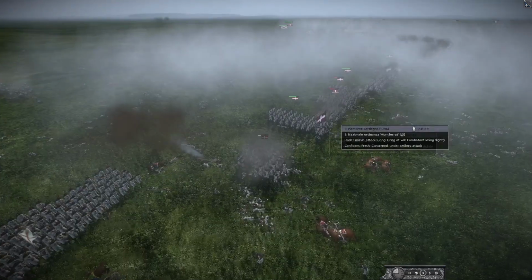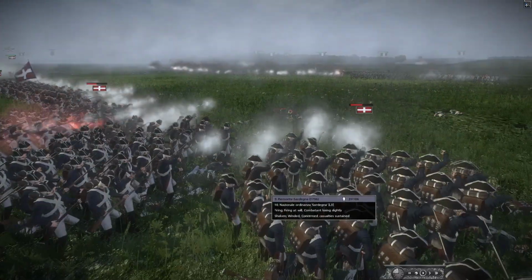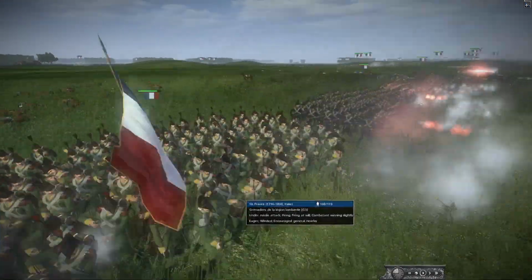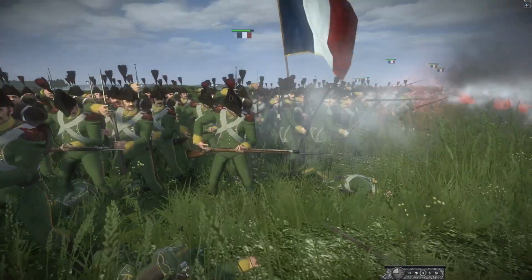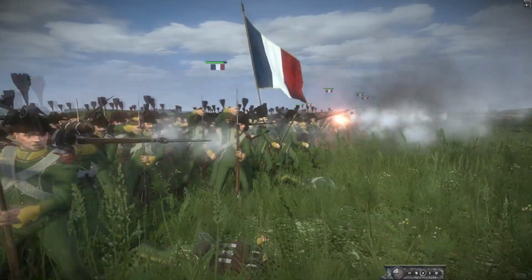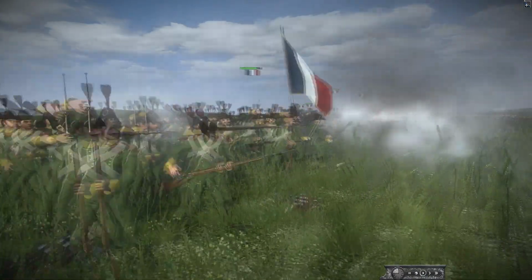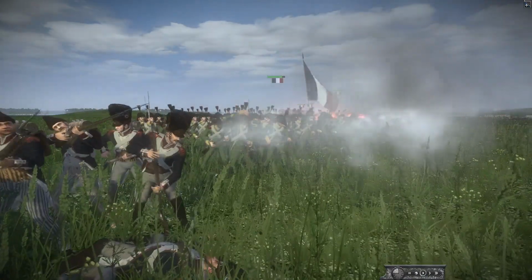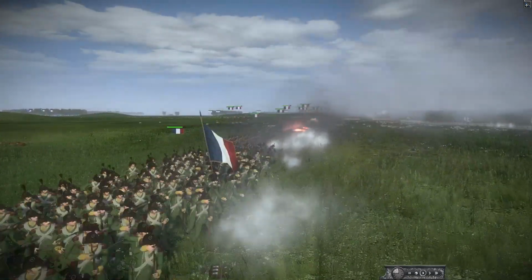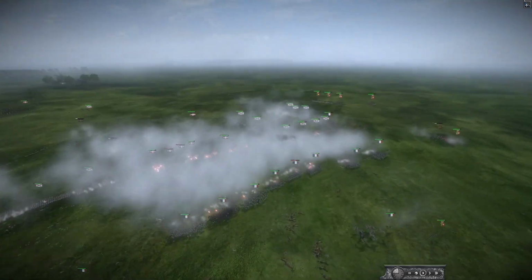And so Denmark is forming into more columns because their men are wavering. They're trying to hold, and France just is so... They have chasseurs. They have some light infantry here. Look at... This is actually kind of a cool-looking unit. But they have flanks. They have a flank over here, so this coalition needs to hurry up and try to